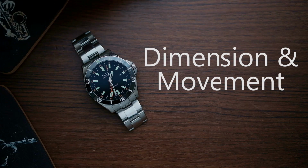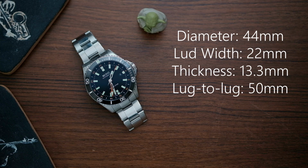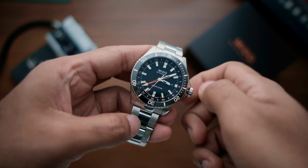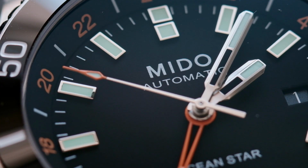Moving on to the dimension and the movement within this watch. This watch has a diameter of 44mm, lug width of 22mm, a thickness of 13.3mm, and a lug-to-lug of 50mm. It comes with a modified ETA movement built by ETA exclusively for Mido. Mido calls this their Mido GMT Caliber 80. It is based on the ETA